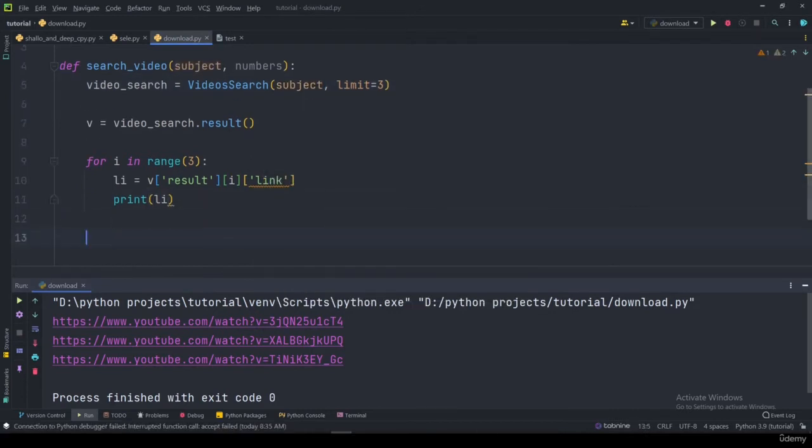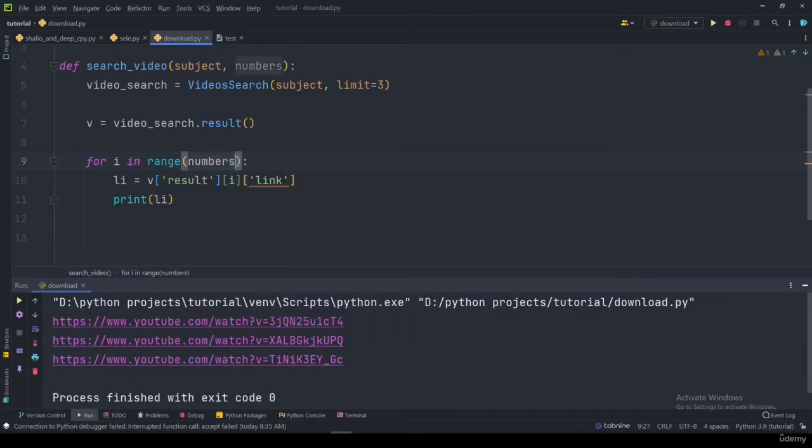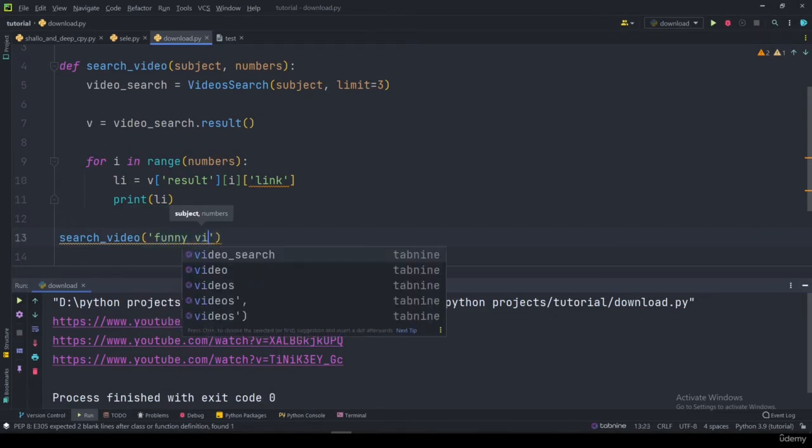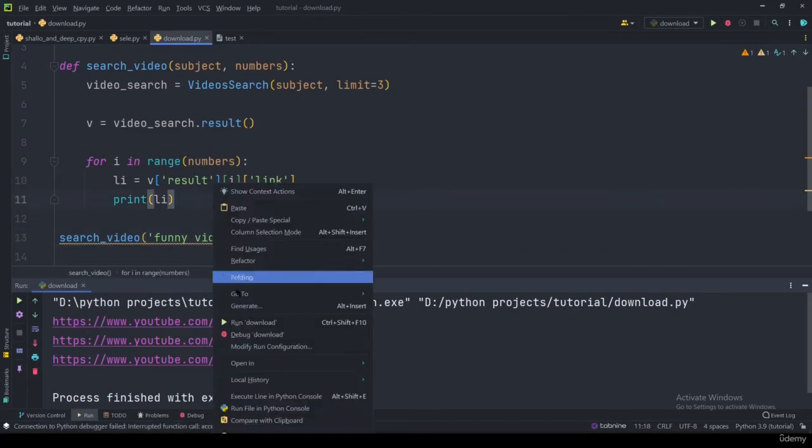Now if I execute the function, we also have to pass in the variable numbers here. Now let's execute the function search video and pass in the subject. We can pass in any subject for now because we are not downloading anything. So I can simply search for maybe funny videos, and then we can pass in the number of links we want. So I'll say 5, and if we just run this,